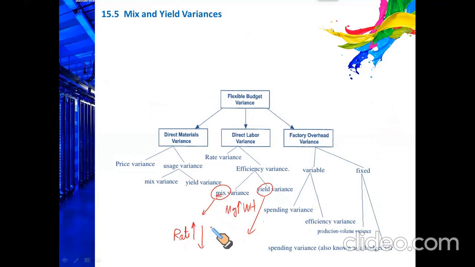The new rate, because of mixing, your rate would change. If you use expensive staff, less time of cheaper staff, your rate would be high. But if you use more time of our low category staff and less time of our expensive staff, the rate would be low. So mix variance will calculate how much your actual mix rate differs from your standard rate. And yield will compare that originally you were planning to use 1,600 hours. Did you spend more or less?